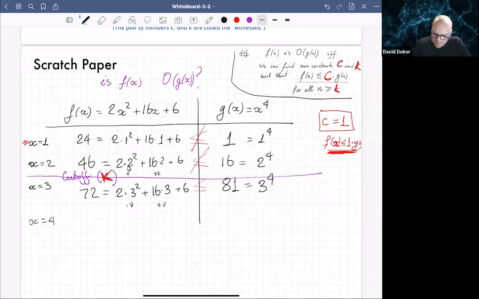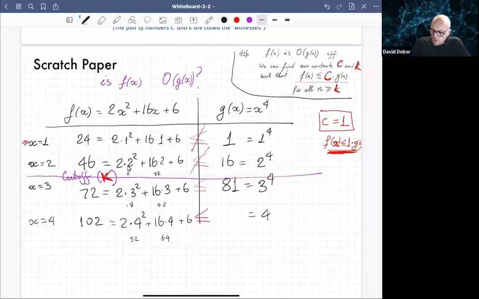let's do one more. So what we have is 4 squared plus 16 times 4 plus 6. That becomes 102. Is 102 less than or equal to 4 to the 4th? You know 4 to the 4th is 2 to the 8th, which is 256. You don't need to do much computation like this. So this is 256. Notice that the gap between 256 and 102 has just become larger than the gap between